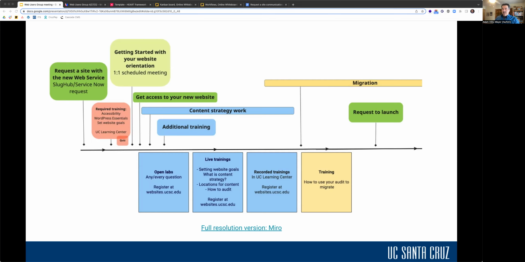And you'll be able to register for those sessions actually starting right now. We do have those sessions live, and we'll provide the link to it, but you can go to websites.ucse.edu and we have a training link where you can now sign up for an hour-long session where we're going to go through some of these very topics. We're also going to have those required training components in UC Learning Center, and that will be one of the sources that we can refer to people, so you can